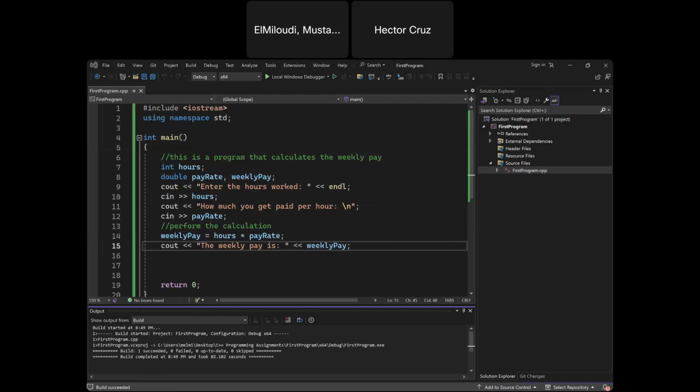Let's say 42, or you can put 42.75. Remember, because we said double, we are allowed to add 0.75. Now, once I hit the enter key, what's going to happen is it's going to multiply the two, save them in the variable weekly pay, and display the information. Look what happened. See that? The weekly pay is, look,